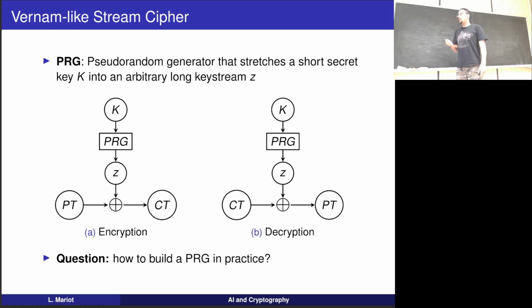Now, the question is how to build a pseudorandom generator in practice. We saw yesterday some theoretical characterization that was very strong using one-way functions, but now we are asking something more concrete. So how do we build one in practice? And historically, among the first models of pseudorandom generators that were used also for cryptography